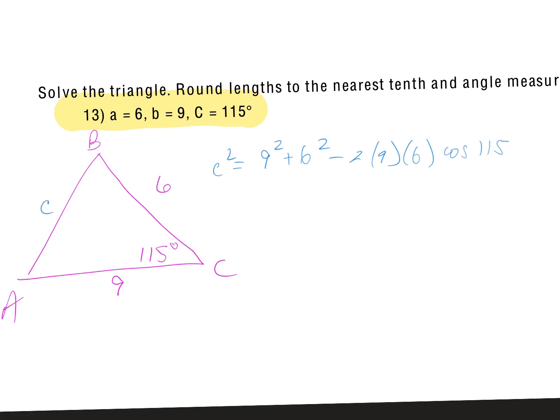Now, guys, please pay attention to this. You're going to do it in pieces. If you want to do it all on your calculator at one time and you're good at that, and you don't make any mistakes, that's fine. But you have to do the multiplication on the right before you can combine it with the addition. So on this side, 9 squared and 6 squared gives me 117. Now, I made this mistake earlier because I was going 100 miles an hour: when you say 2 times 9 times 6 times the cosine of 115, you get negative